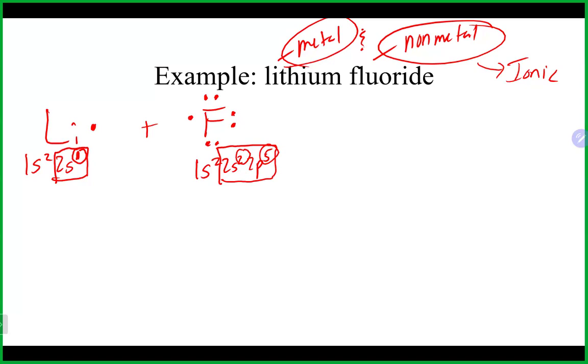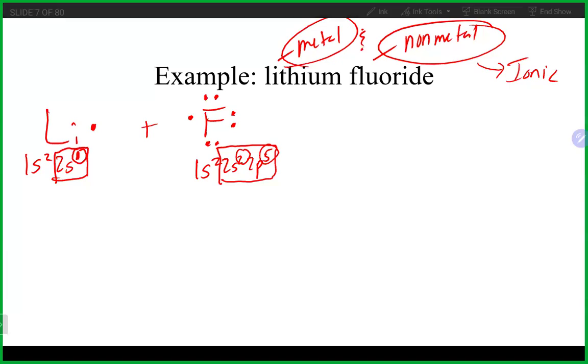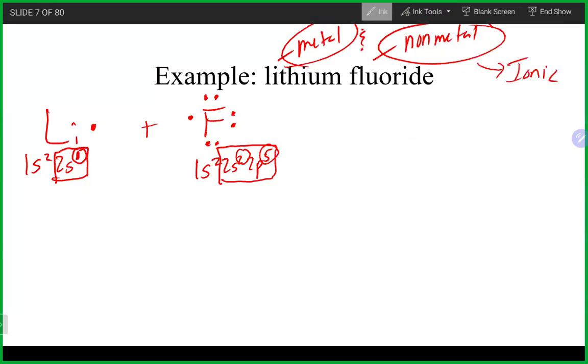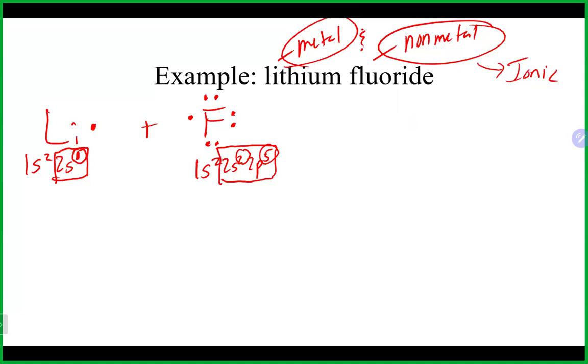So what's going to happen in this case when these two come together is the lithium, which has all the properties of, I don't really want my electron, you take it. And the fluorine pretty much has all the properties of, I'll take it. And that lithium is going to send over to the fluorine its one valence electron. When it does that,